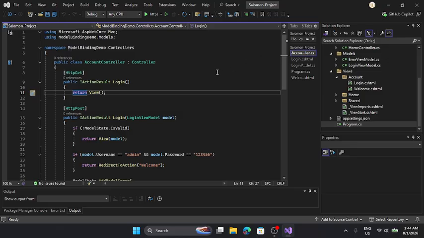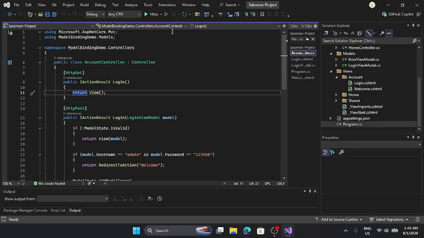And also in our validation check, we check whether ModelState.IsValid is false if any data annotation rule failed.